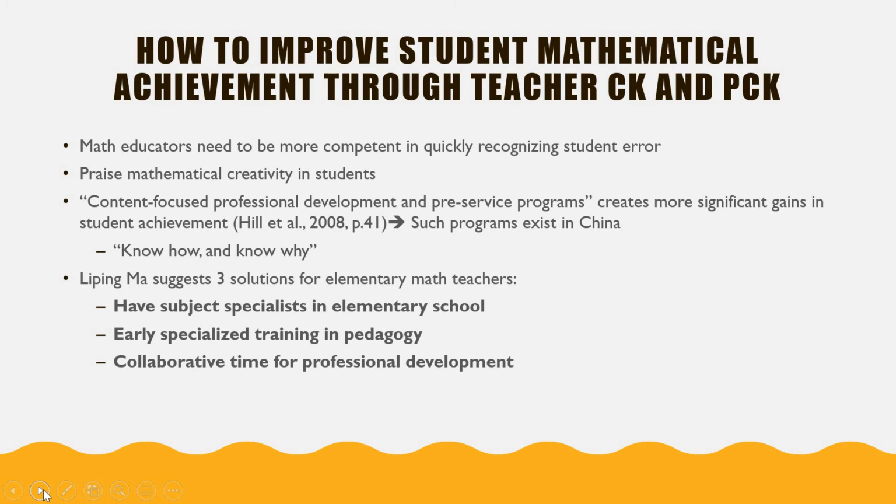So, what can the U.S. learn from China's math education system? For starters, know how and know why is a common phrase from Chinese math teachers. I really like this phrase. What I found is that American math teachers are struggling with knowing the why part. As Moss suggests, this can be changed through emulating Chinese schools in the three main ways listed here.